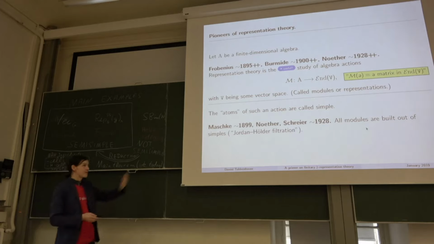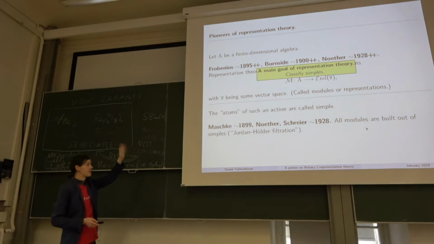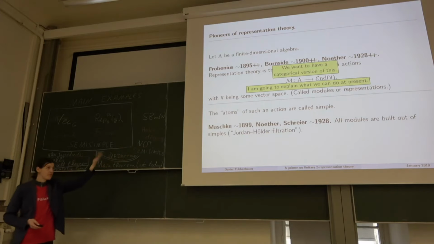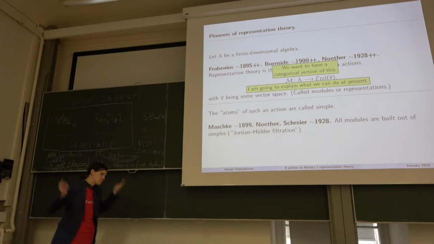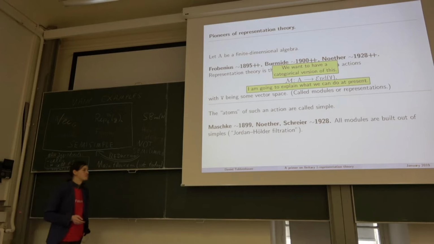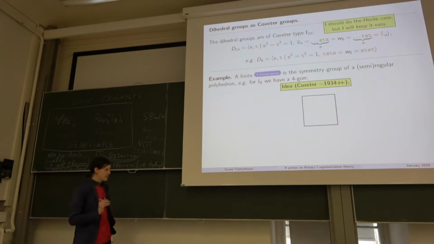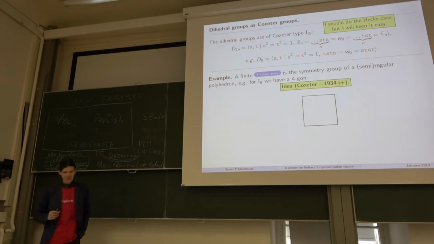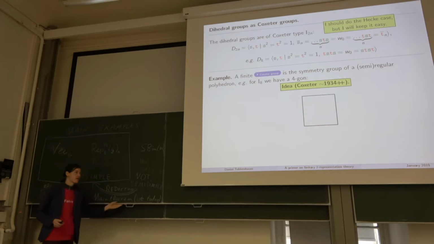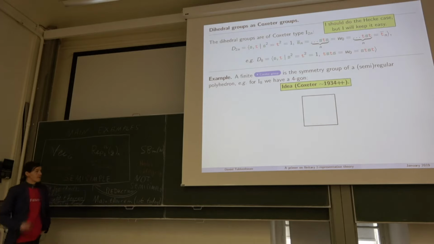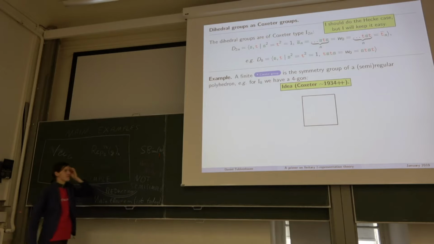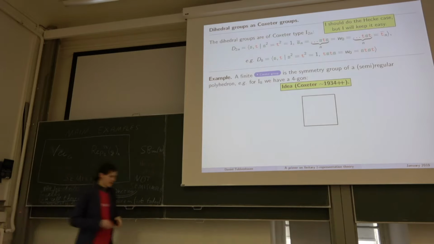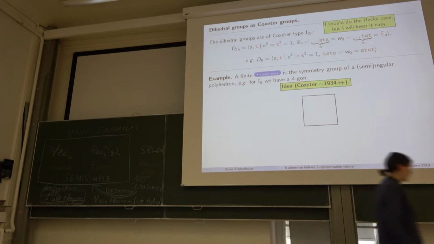Okay, so this is basically philosophy. I want to categorify this picture, right? So the main goal would be to classify simples, and I want to categorify this picture. That's basically what we want to do. Okay, so let me explain one of my main players, namely the Hecke category, without mentioning what the Hecke category actually is. One of my main examples here will be the easiest example of a Coxeter group, which is the dihedral group, which is just given by a generator relation presentation as above.